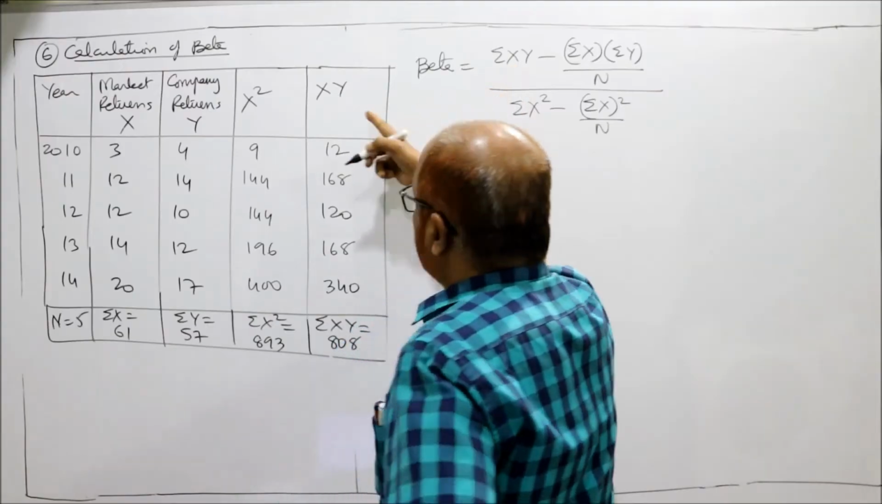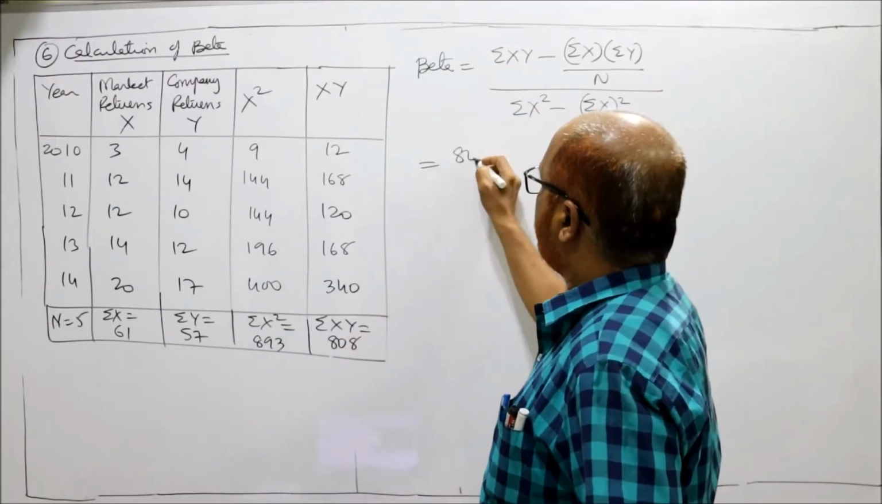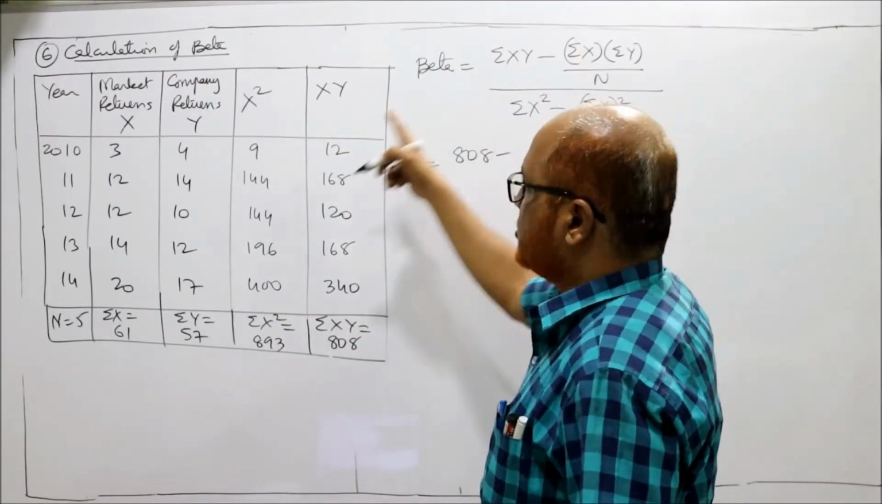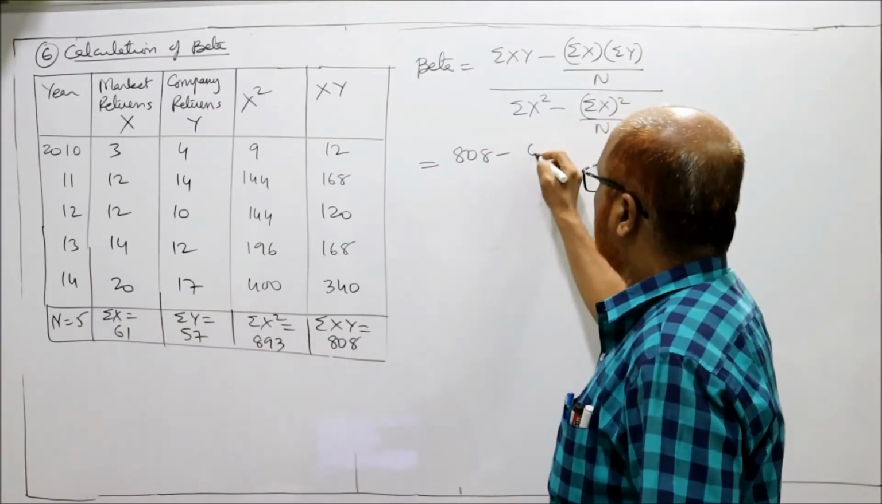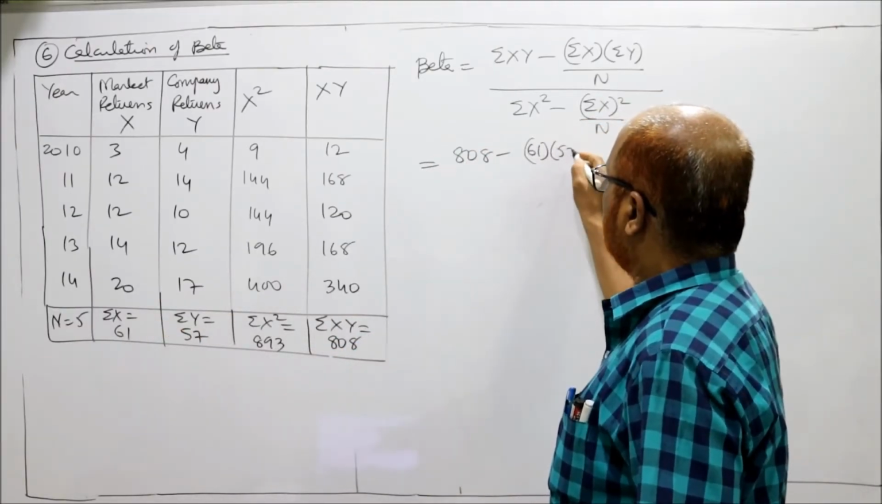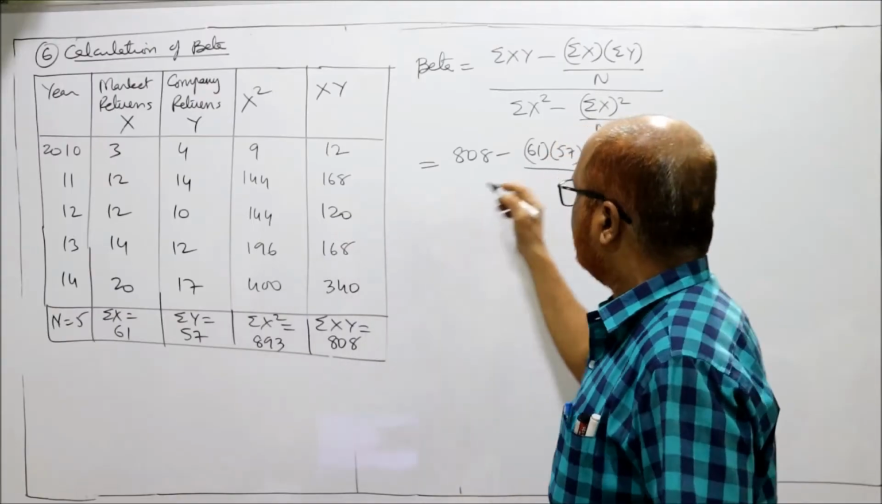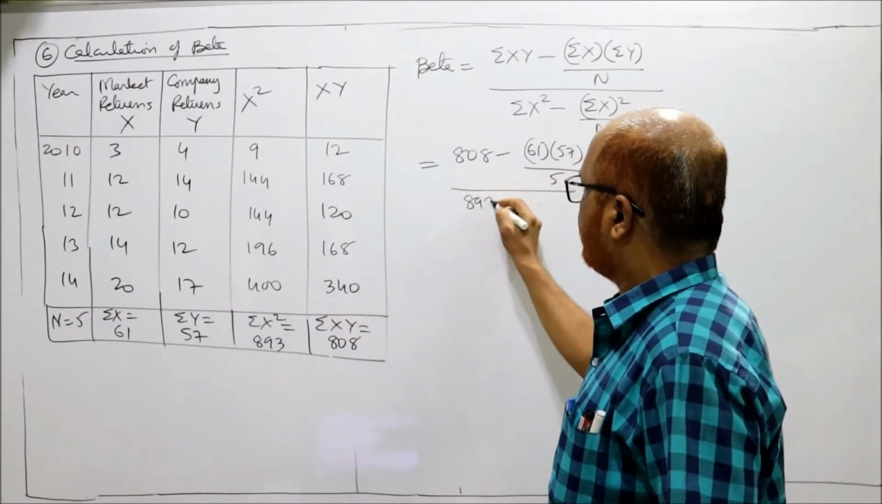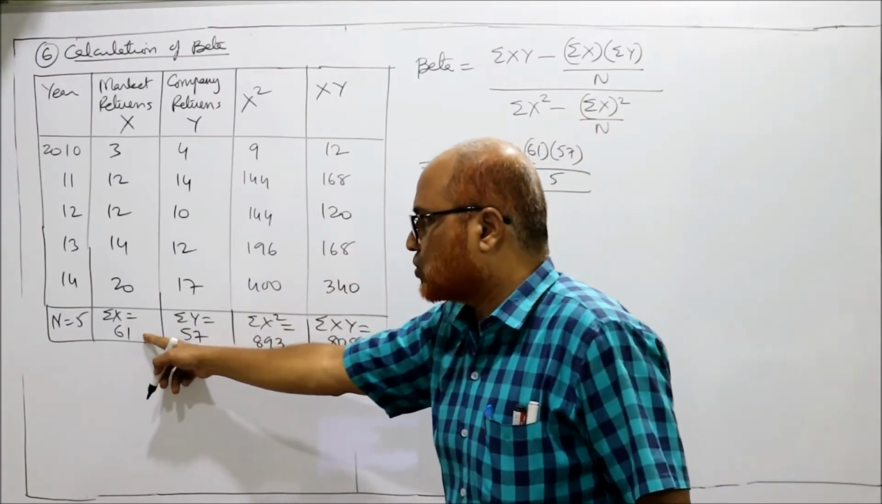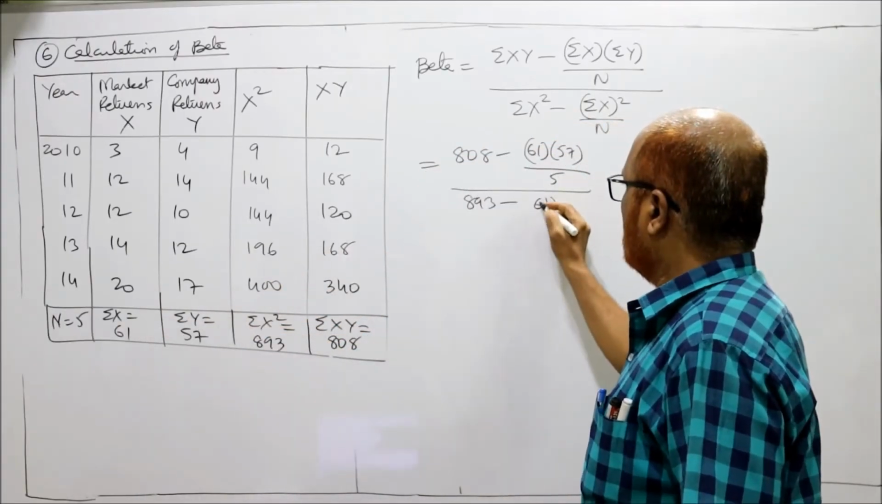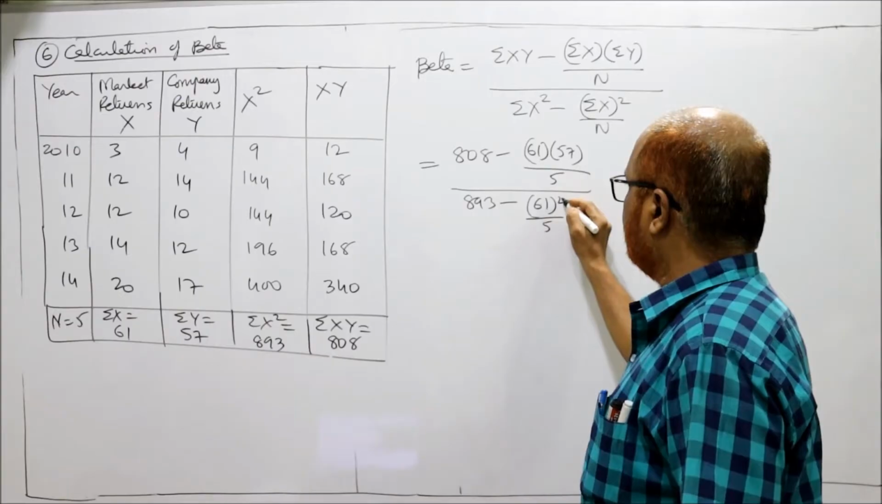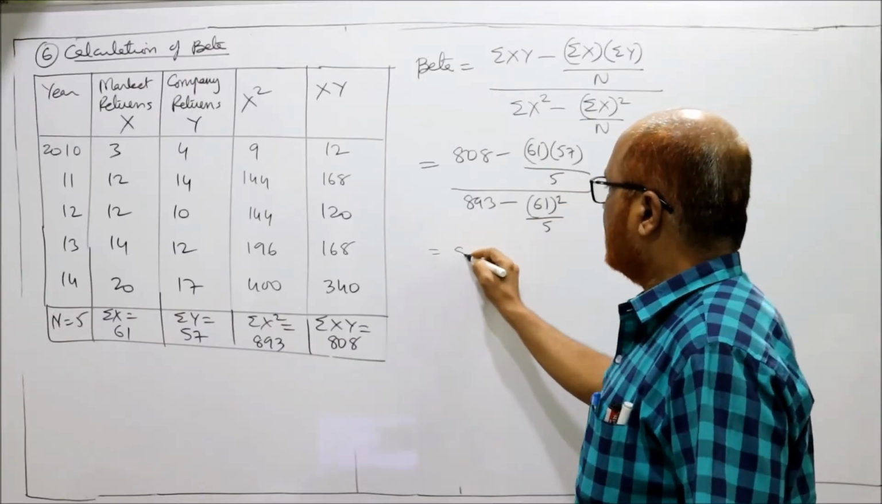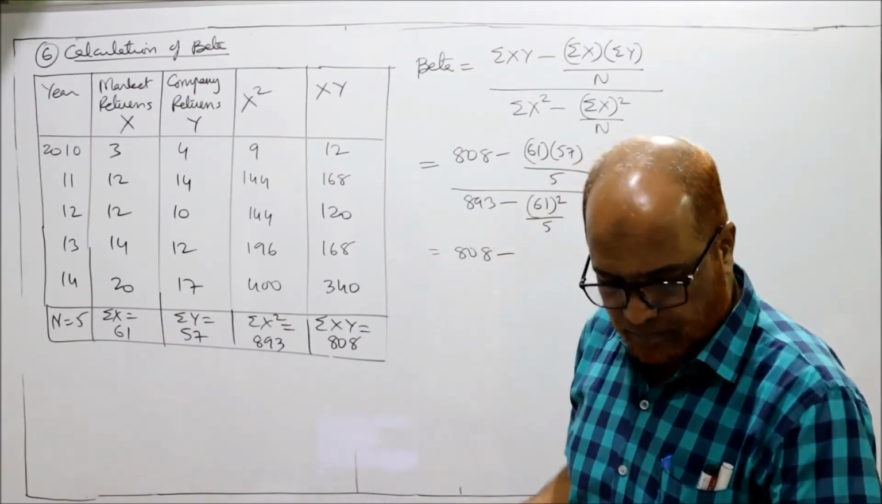Substituting the value, summation xy is how much? 808 minus summation x into summation y, 61 into 57 divided by n is 5 whole divided by x square 893 minus x whole square 61 whole square divided by 5, that is equal to 808 minus